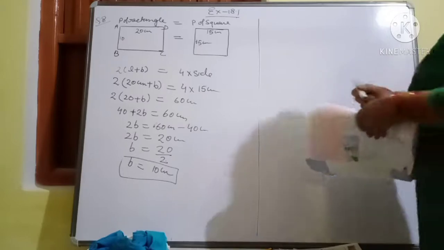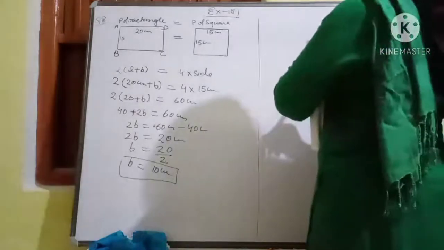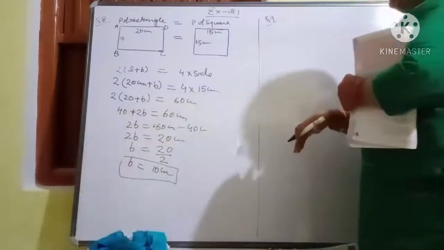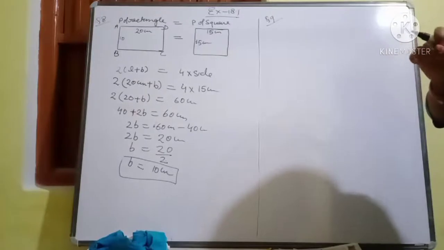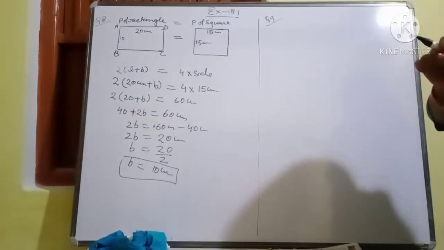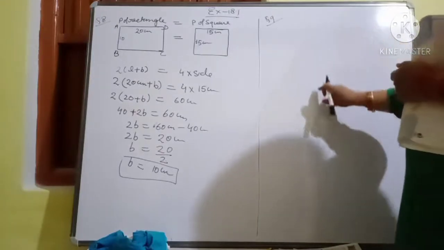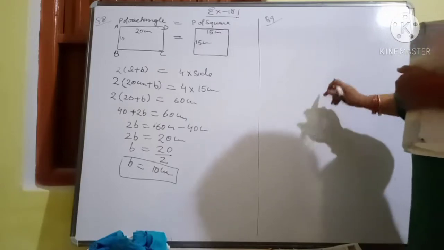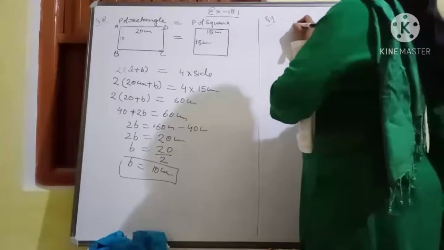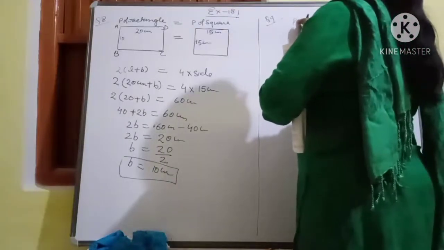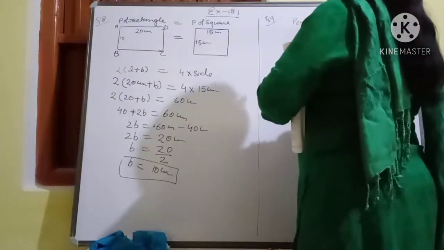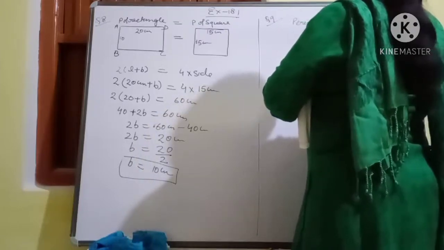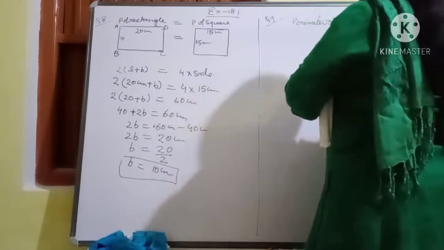Okay, so the perimeter of the parallelogram, I am going to solve this one, and the questions based on this exercise, while I send you the PDF of this chapter, at that time I will add some questions which will be based on these questions. Okay, now see that perimeter of a parallelogram is equal to, beta, 2 into length plus breadth.